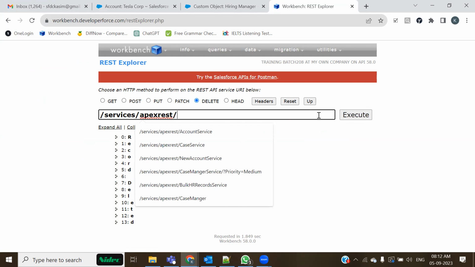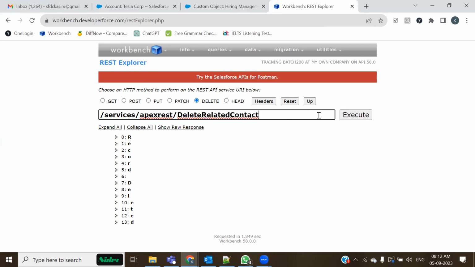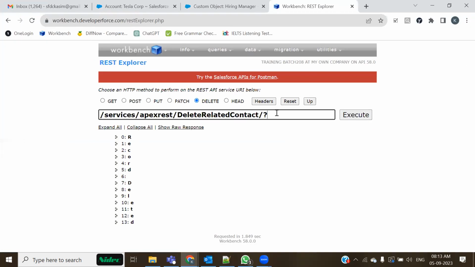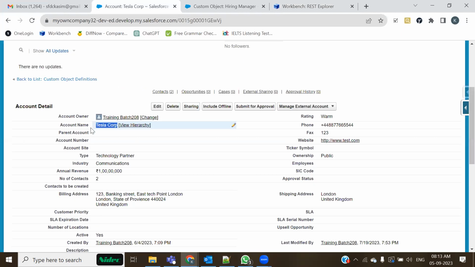So apex rest slash the resource name of your API, which we have given as deleteRelatedContacts, and after that a question mark, and now inside over here we have given this. So I would be making use of name, and then in the name I can give equals to